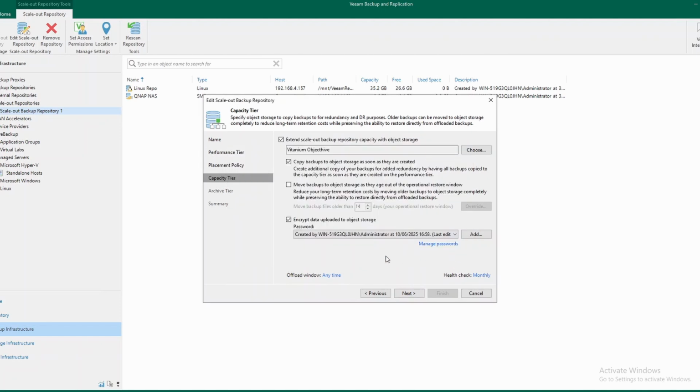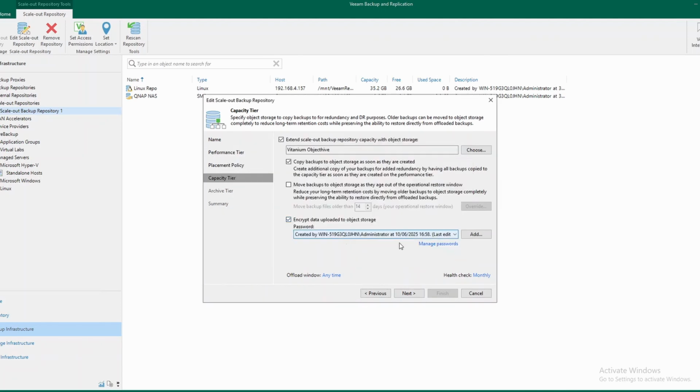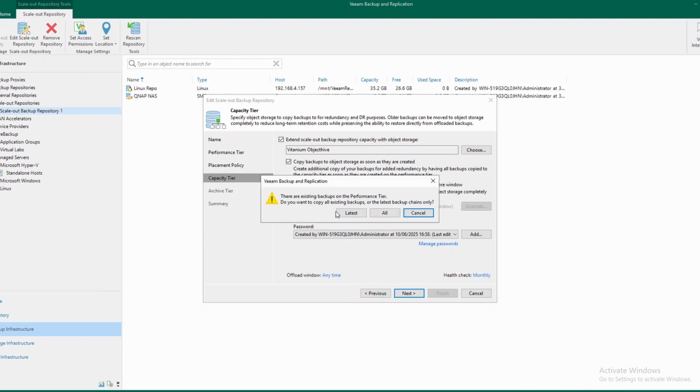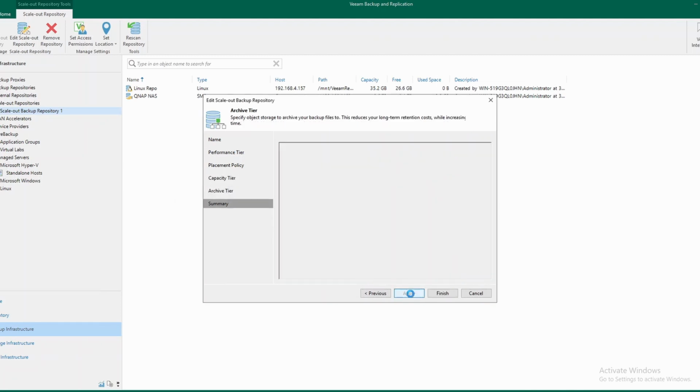If you haven't got a fantastic internet connection, you may not want it to be offloading during working hours because it could affect people's normal day-to-day work. But in my case, I'm just going to allow it to tier at any time. I'm going to allow it to copy so that I can show you what it looks like. We're not using archive tier in this case, so if I apply,